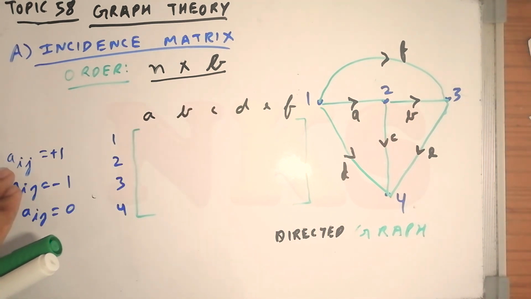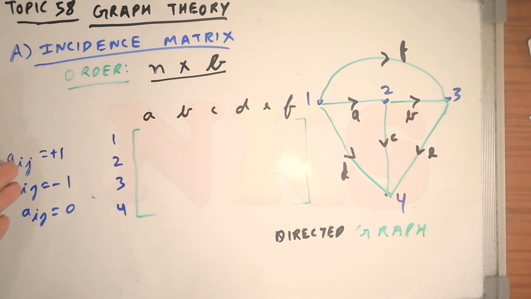Now ith row, jth column. You understand the matrix notations. Ith row means ith node, jth column means jth branch. Okay, so now see what is the logic. See, ith node and jth branch. So if the ith node and jth branch are connected, that is